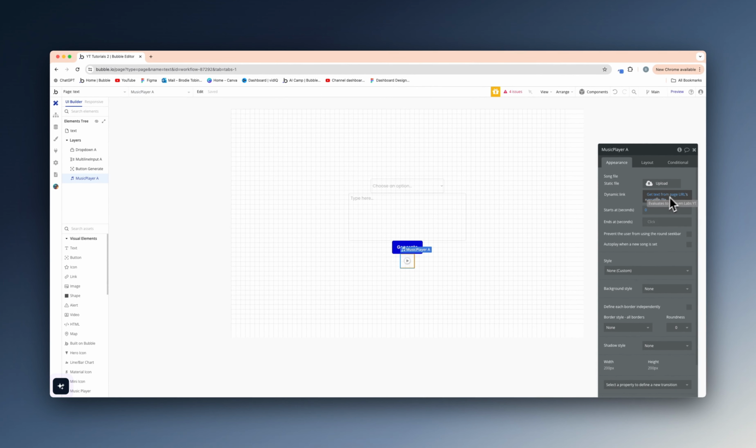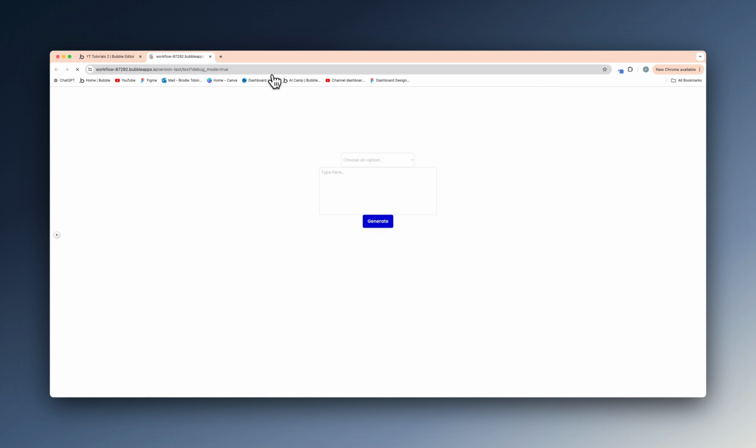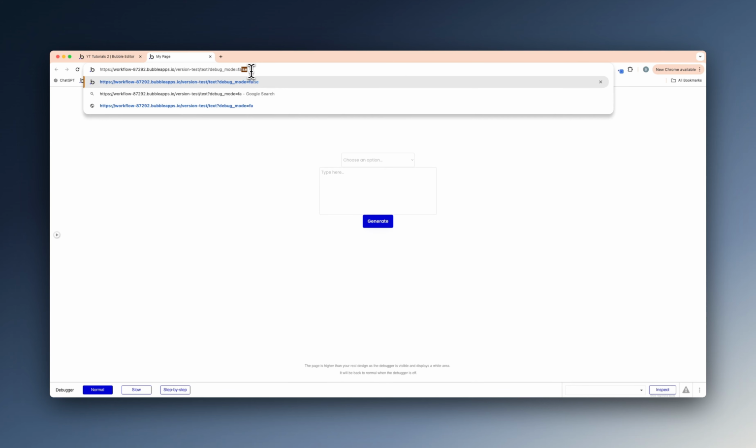So we're getting that parameter from the page URL, and we don't want anything. We don't want the body text, but we want the narration file, which we can then press play on and get that returned file. So let's preview this here, guys. I'm going to untick debug mode,